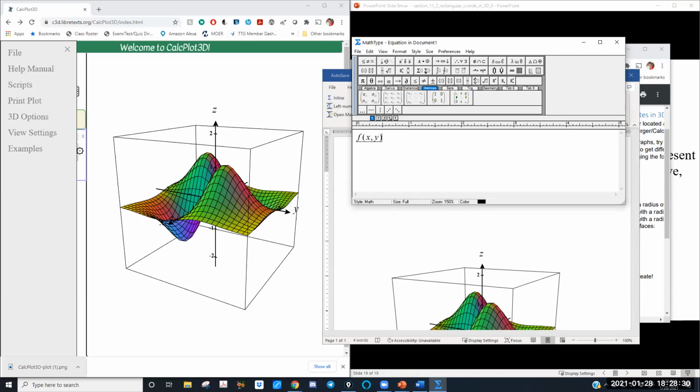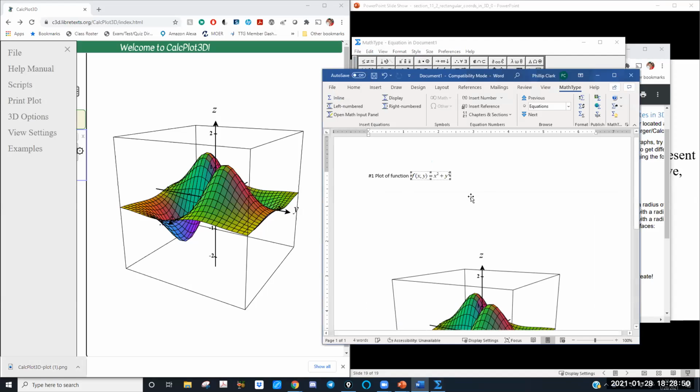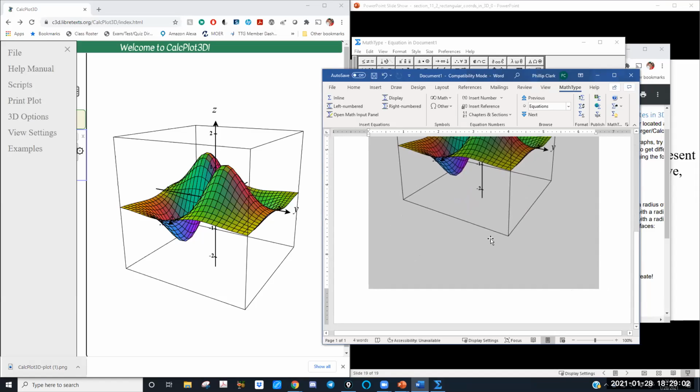If it's an XY function, this is the one we were going to do, x squared plus y squared. There we go. The reason I'm showing you this, 2 reasons. One, if you want to do this worksheet, this is how you would do it. Make sure you do all of them and just do them all in one page, just keep going down. But I don't want you to submit Word documents.